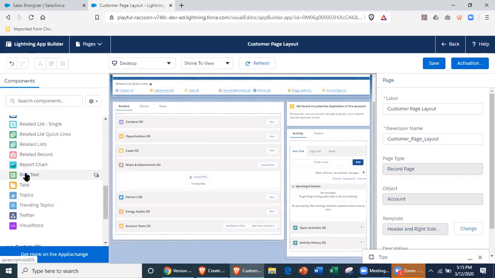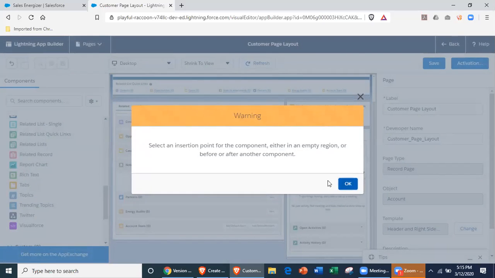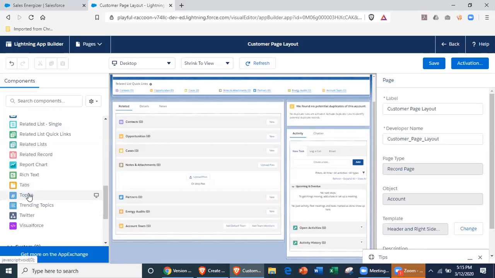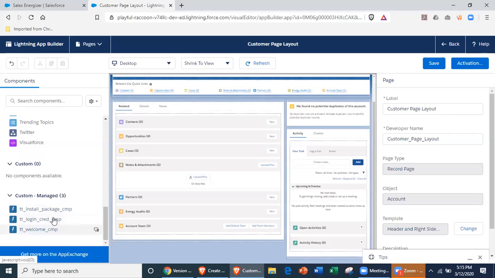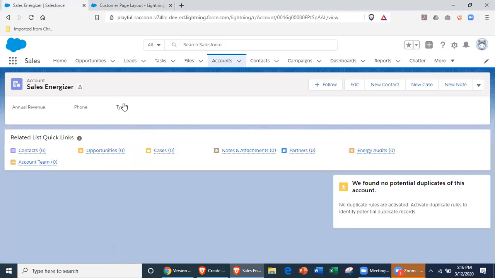Let's see, rich text. Did I create a rich text? No, not yet. Let's see, trending topics. Nope. Here's a couple of other customs from a managed package. I don't know what they are. I'm done. Now I'll go back. And now when I click and refresh the page,